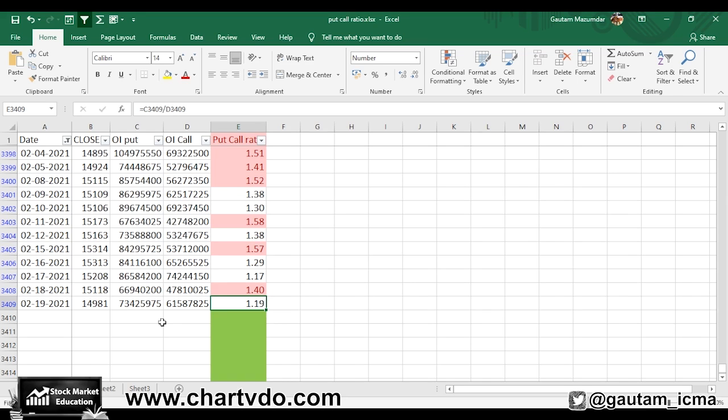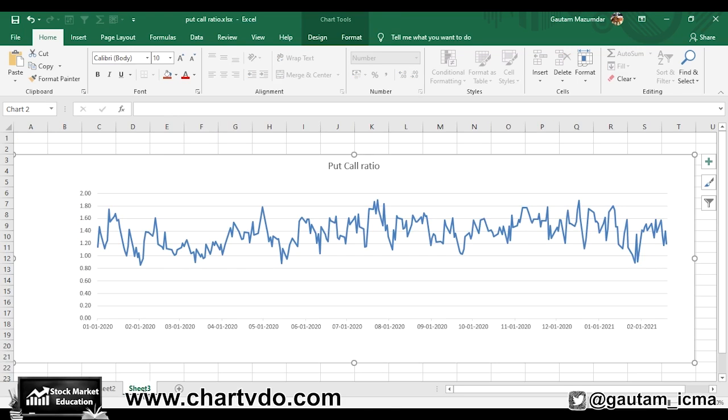Let's see the chart. This is a graphical representation of put call ratio from 1st of January 2020. Well, almost 13 months of data here. I had shown this particular chart just a day before the budget. On the day before the budget, the put call ratio was placed somewhere around 0.89 and had moved up. Fine, but I had also discussed that the way it has broken down, most likely put call ratio now would be getting a resistance at around 1.55 to 1.6.